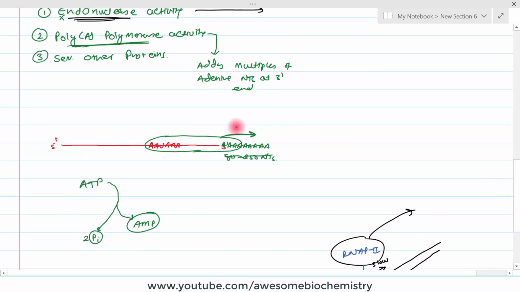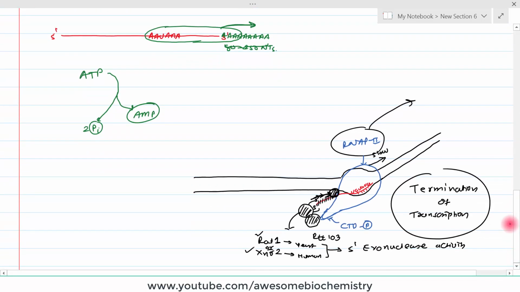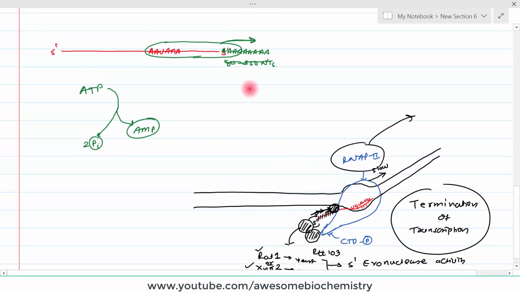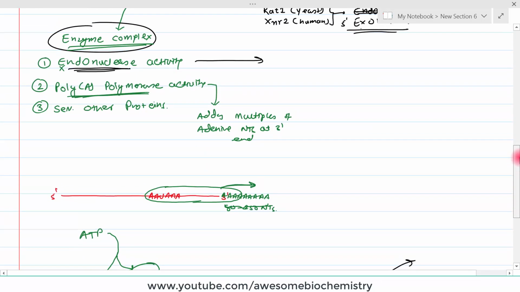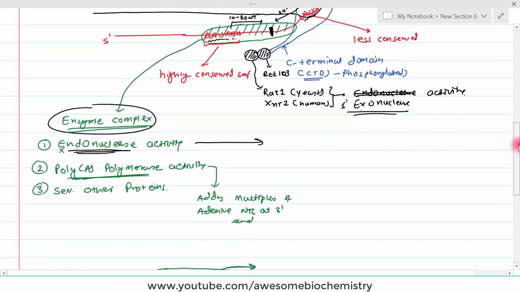So you can see this is a very, very interesting thing. On one side, mRNA is not yet fully synthesized, still termination occurs. Or in other words, you can see that termination and polyadenyl tail formation both are a simultaneous process. One might think that as the poly A tail is added on the 3' end, it must be after termination. No, it is not like that. On one side termination is occurring, and on another side there is a formation of poly A tail.